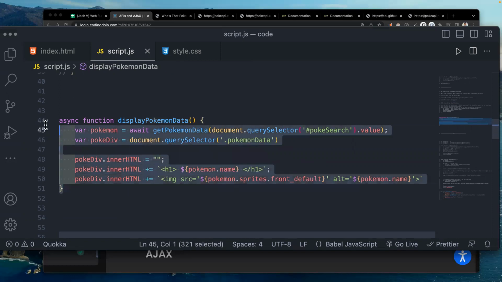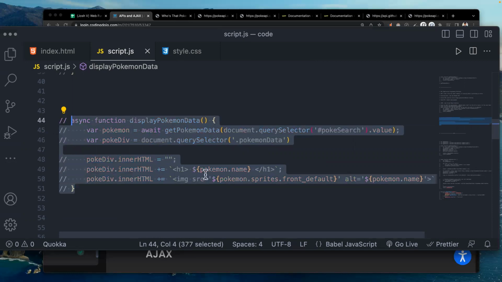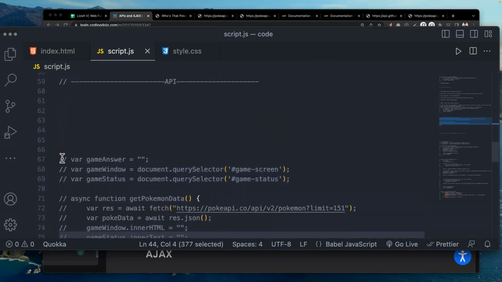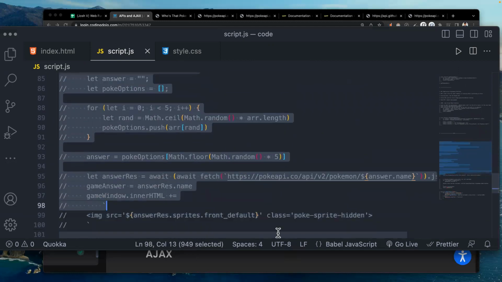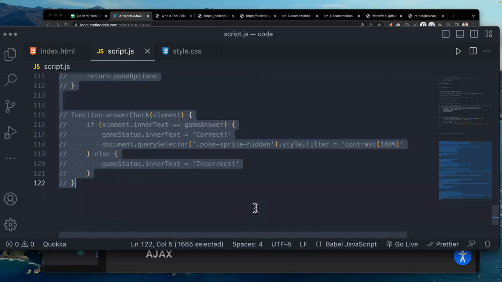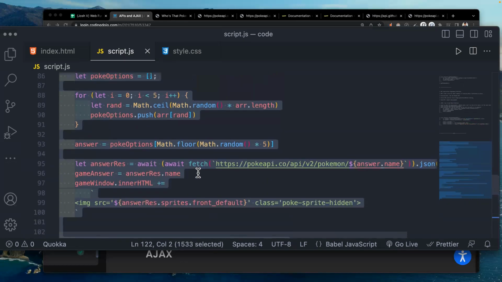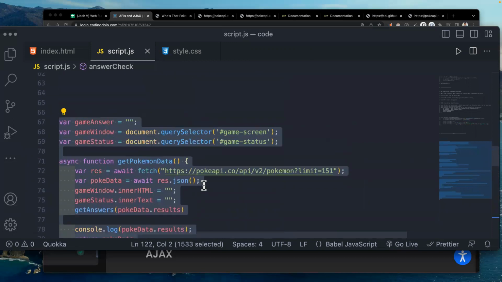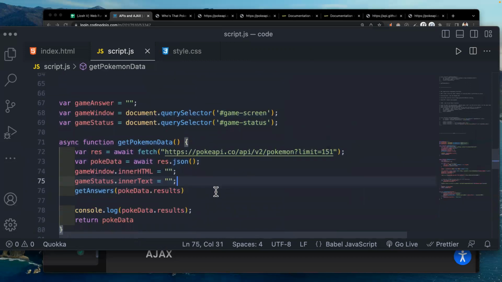Okay, this is not necessary actually. I think this was an extra part of the API. The actual way this whole app works is through this code here. So let's uncomment all of this. Now I'm not going to try to explain this whole application, how it works. That's not the point of this lecture. We can skim through it really quick just to get a feel for it. But the point of this lecture is to show you how we could make an application based on an API fetch.